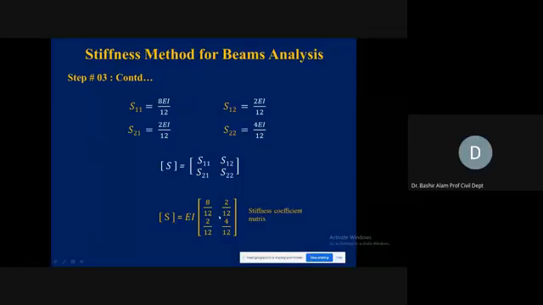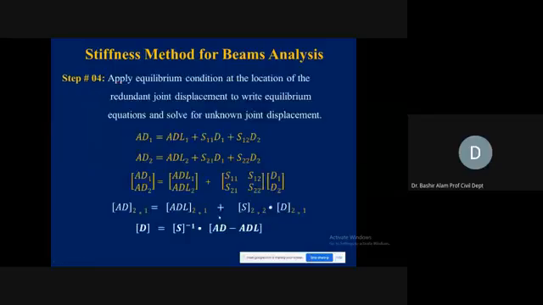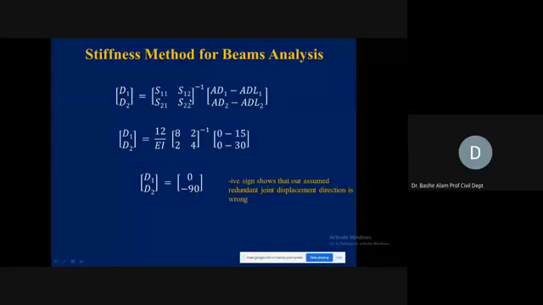इसके बाद हम क्या करते हैं, we write the equilibrium equation now। अब सारे वैल्यूज तो हैं हमारे पास, ये वैल्यूज हम लगा लेते हैं, इसको सॉल्व कर लेते हैं, and in terms of the EI we are going to get this equation now। So D1 D2 is equal to 0 and minus 90 over EI।